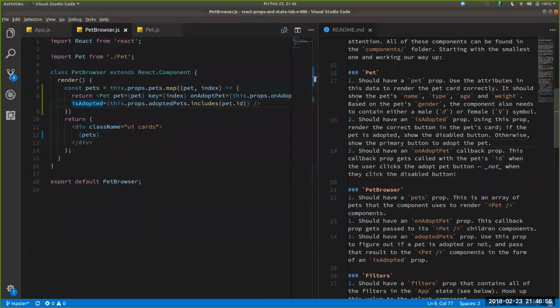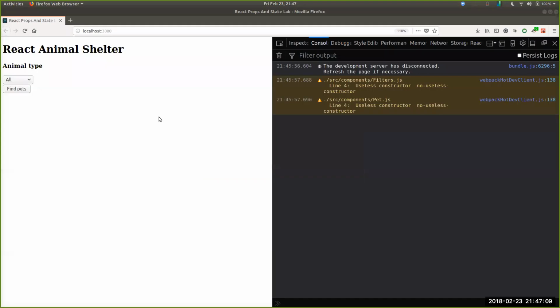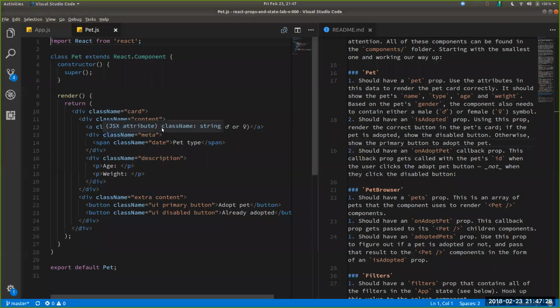So pet. I guess I should leave that open. We'll see if we need it. It should have a pet prop. Use the attributes in this data to render the pet card correctly. It should show the pet's name. Let's actually want to see, oh, find pets. Okay, so this is where we're at right now. We got some functionality. We're rendering all these cards, but it just says pet name, pet type, age, weight. So we need to input some actual data in here. So instead of pet name,